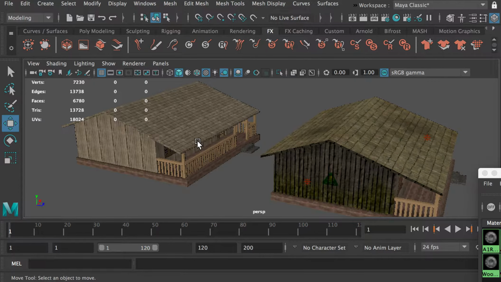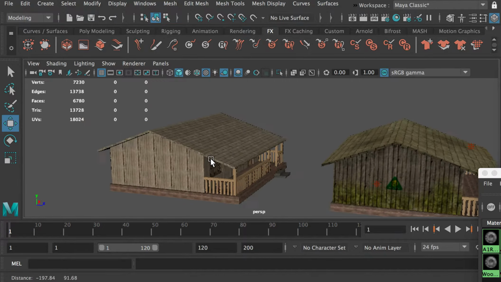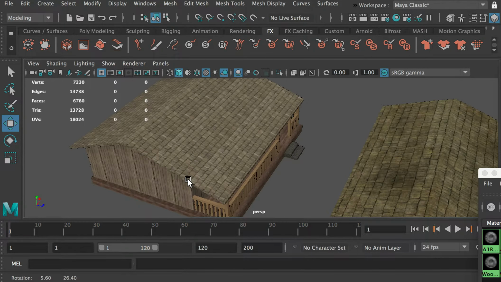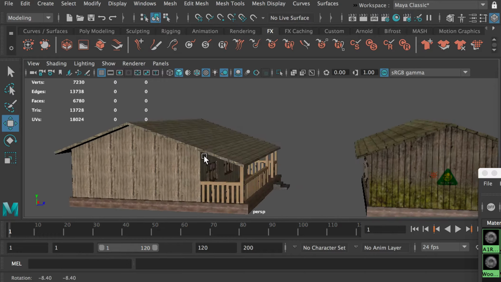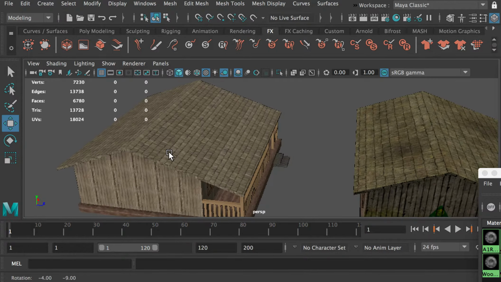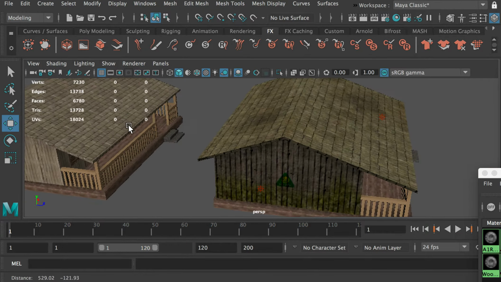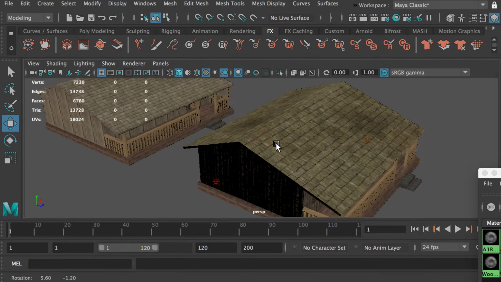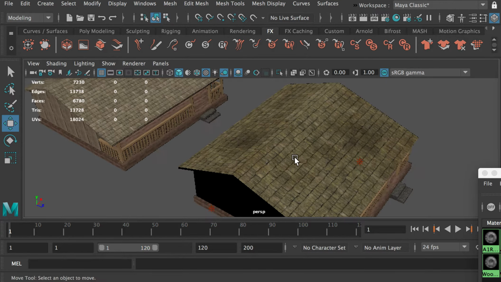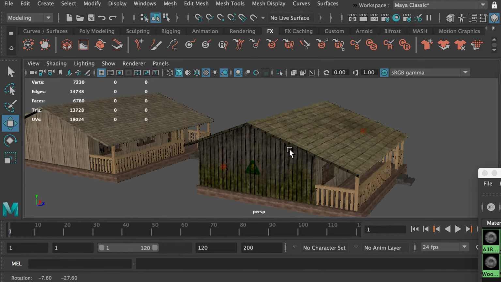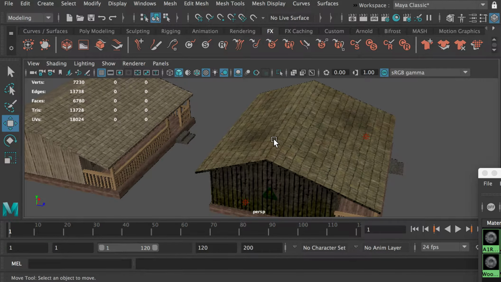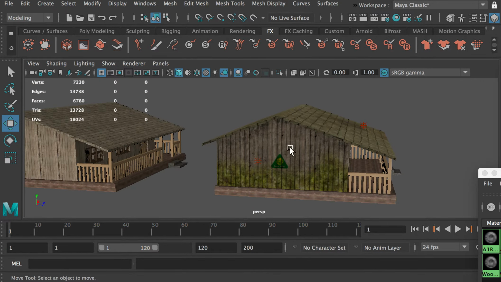Hello class. In the last video, I demonstrated how to do UV mapping and texturing for the house. And this is the end result from last class. I said the texture is raw, it's very rough. In this lesson, we're going to dive into the texturing part and create a customized texture. At the end of this video, you'll have a detailed texture for the roof and for the side of